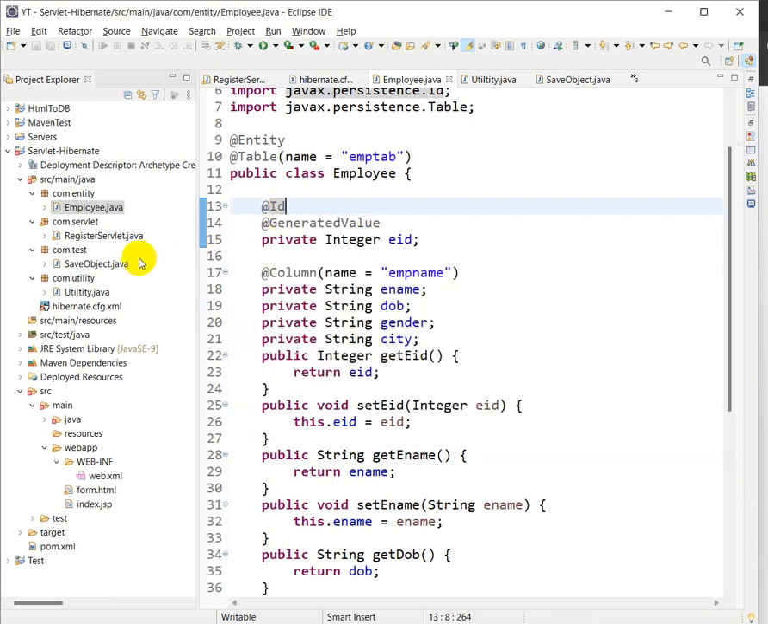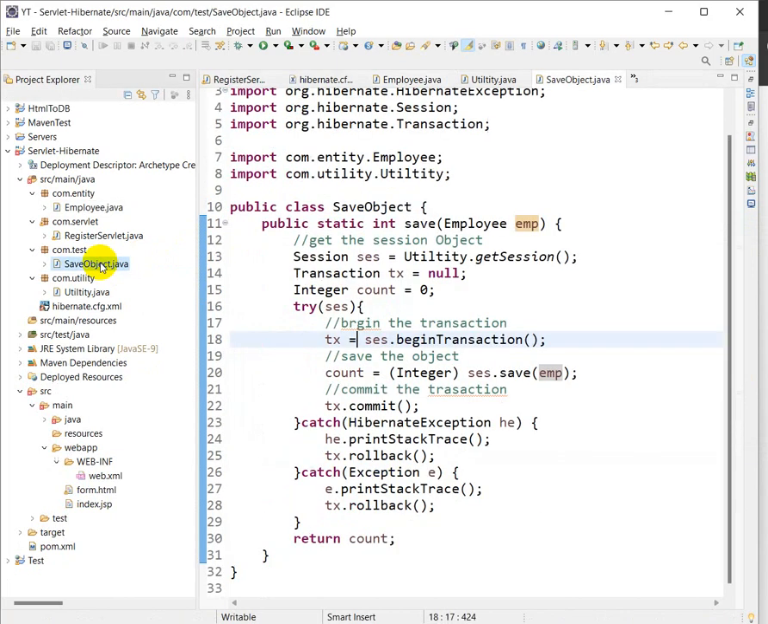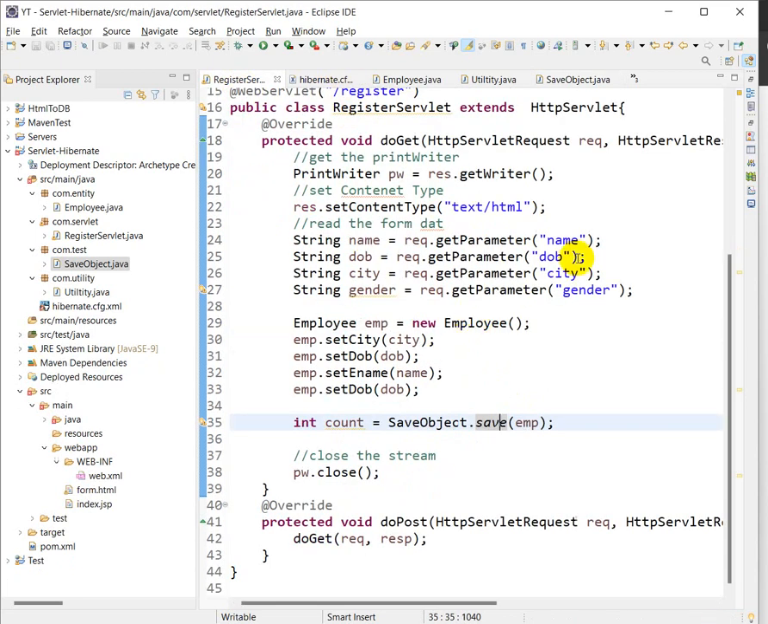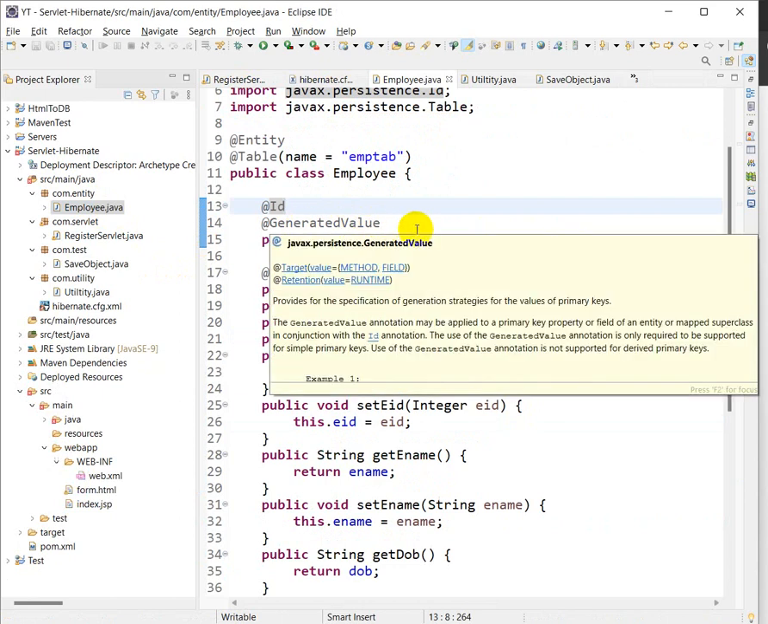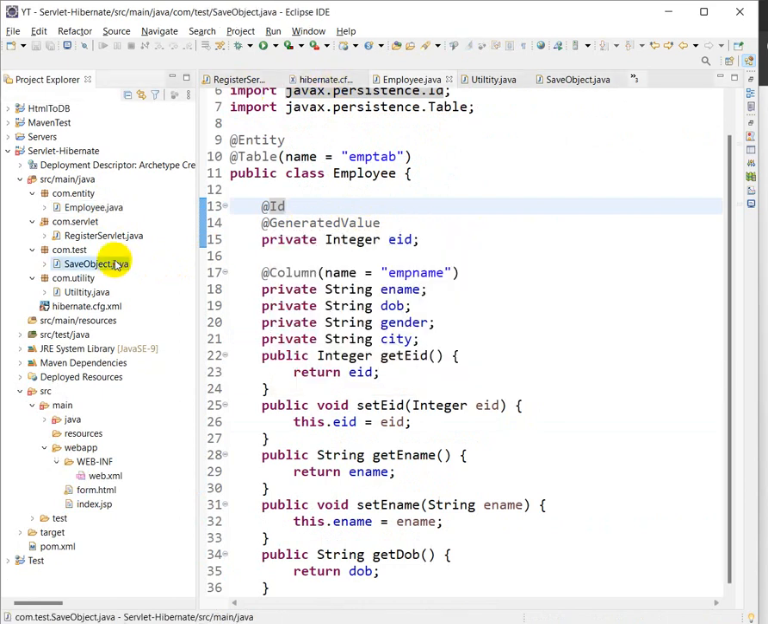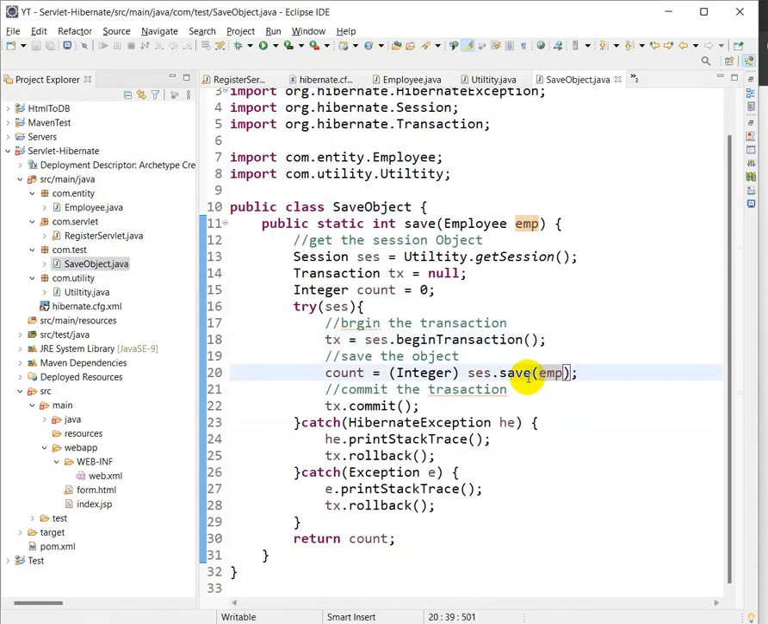So what will happen, session.save. Whatever values are set to this object in the servlet, the name, date of birth, city and gender, and the employee id will be automatically generated as we have mentioned here with a generated value. So in the save object test, after this method, what will happen,